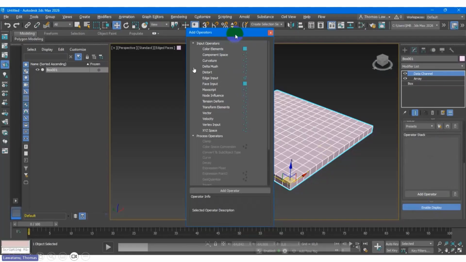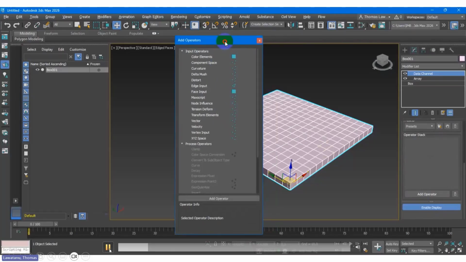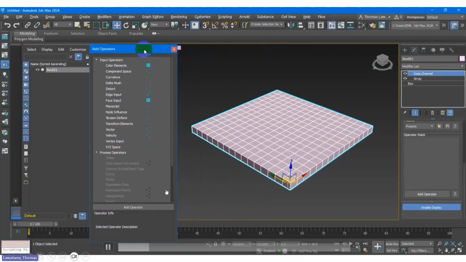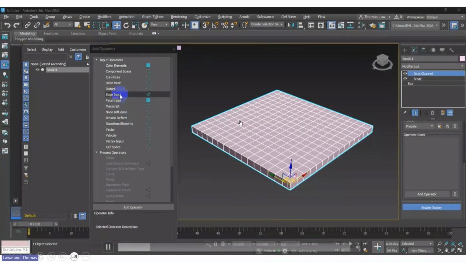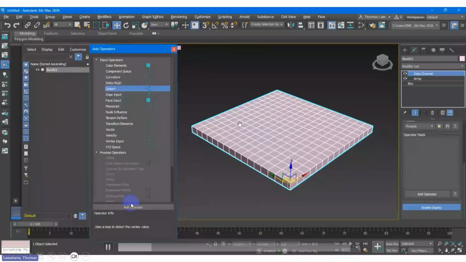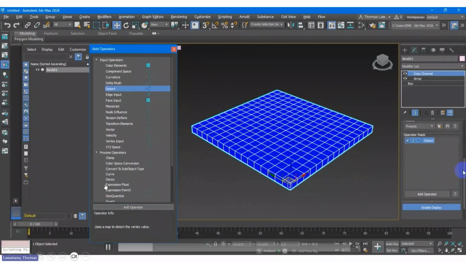So you need to choose one from this list; until you choose one of these options, the list is not viewable. Okay, so first I need to create some mapping, because this is the distort that I want to create.